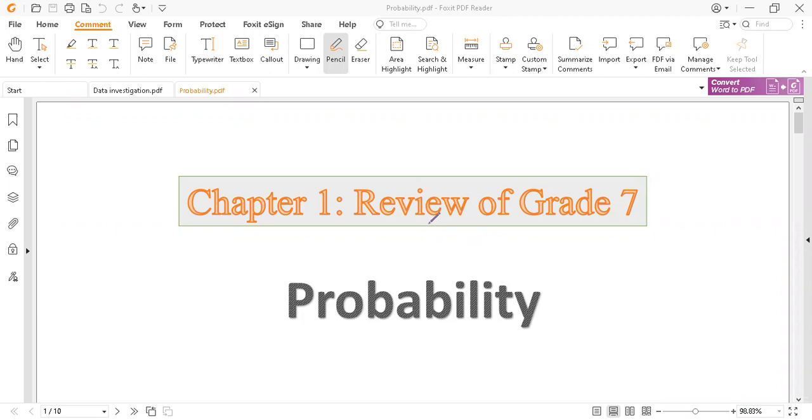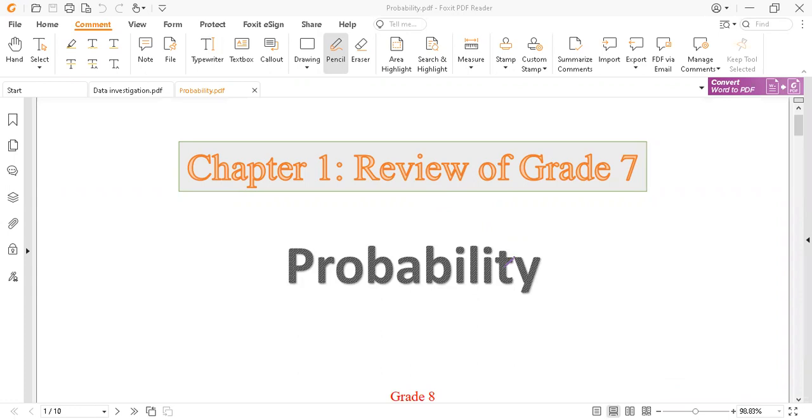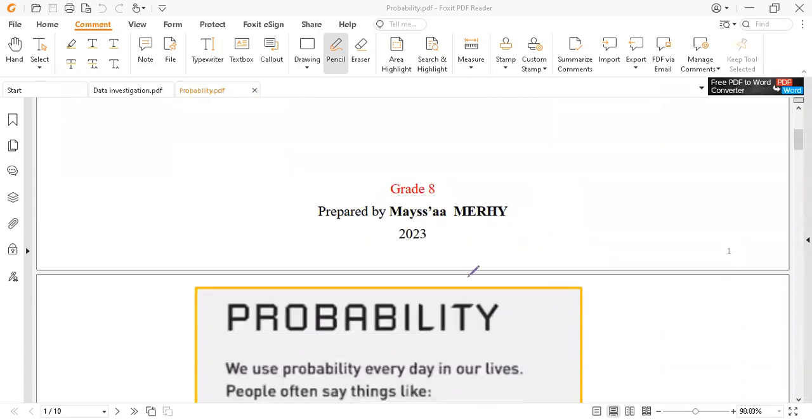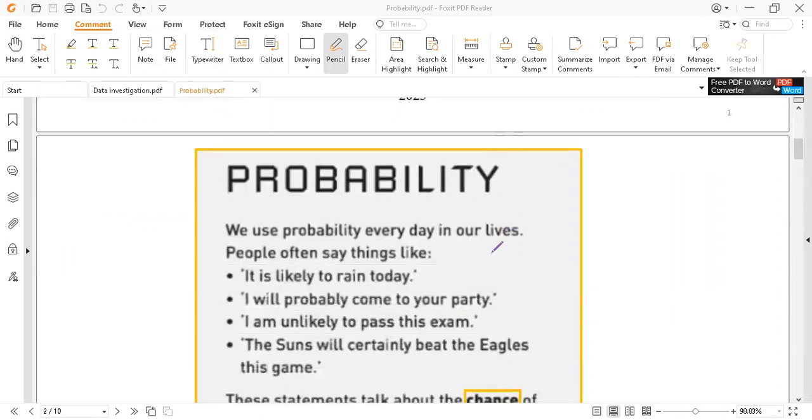So normally in this session, we will talk a little bit about probability and have the review from grade 7, to complete our new chapters of grade 8. So normally, what about probability and when we use probability? We use probability every day in our lives, okay? Like when we say it is likely to rain today, it's likely, we have a big chance